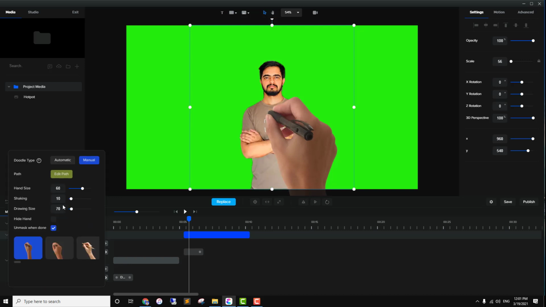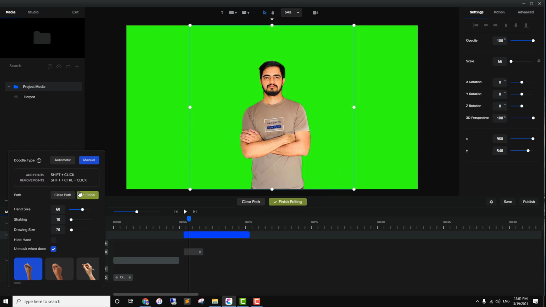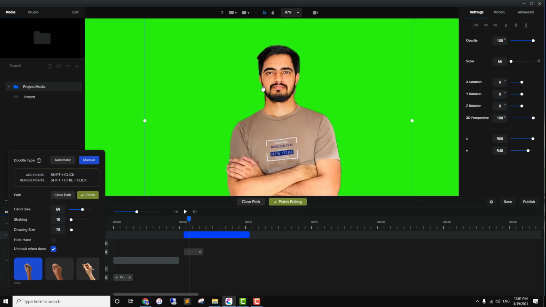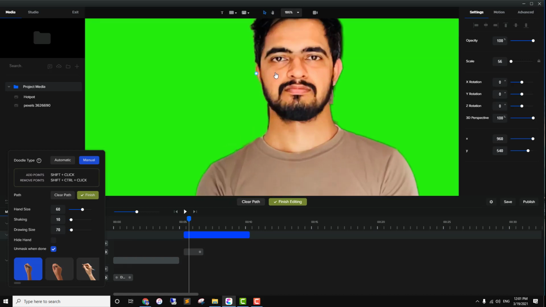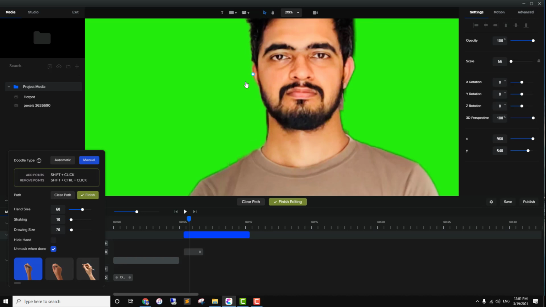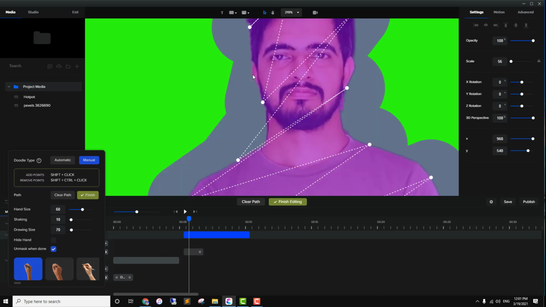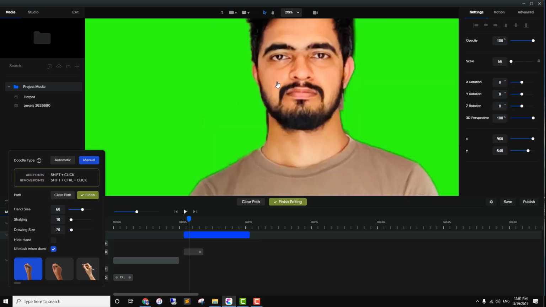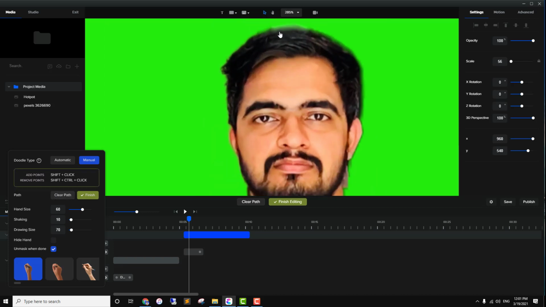So I will click on manual, then I will click on edit path, and if you want to add a point, you can do it with the help of shift plus control key. So let me zoom in. All right, no, let me remove this point. Clear path, and this drawing size is too big for me.